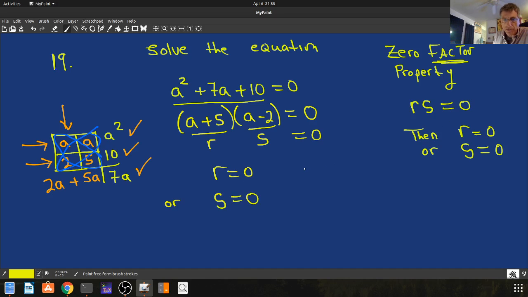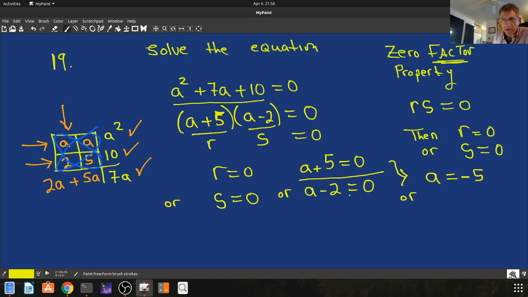But R is equal to A plus 5, so A plus 5 is equal to 0. Or S is A minus 2 is equal to 0. So if A plus 5 is equal to 0, that means A is equal to minus 5. Or, if A minus 2 is equal to 0, solving for A, that means A is equal to 2. So the solutions